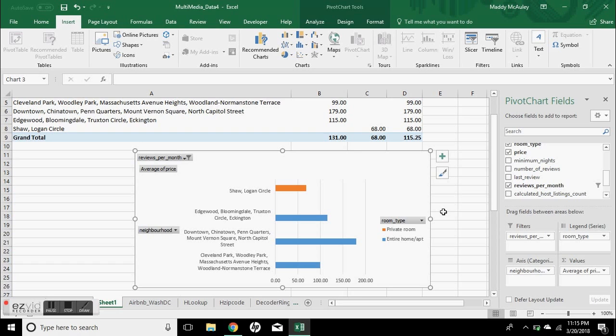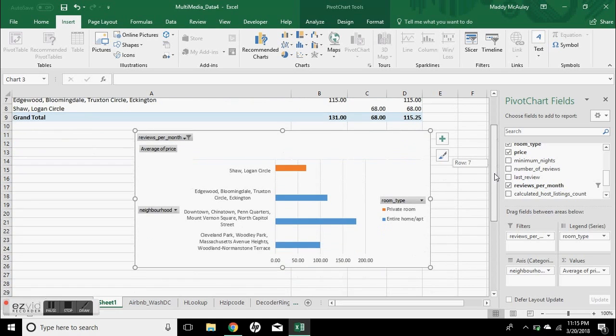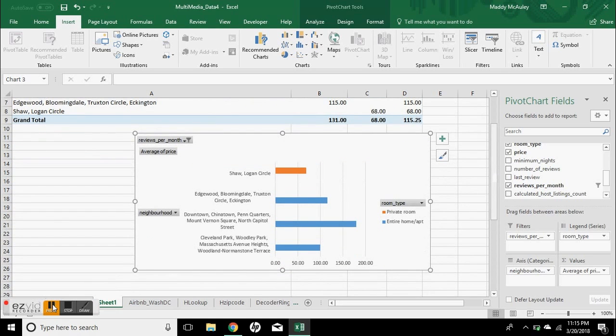So now we have this really nice, appealing chart that shows the amounts for our private rooms, and it's colored in orange as opposed to our entire home, which is